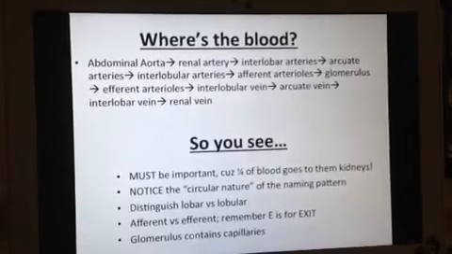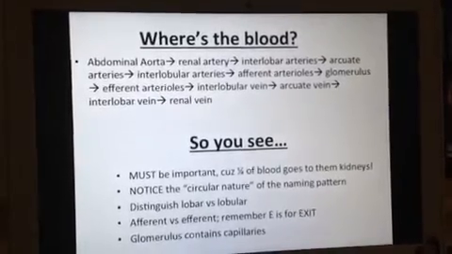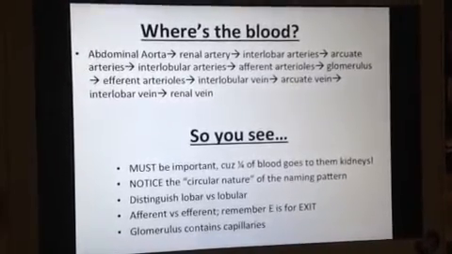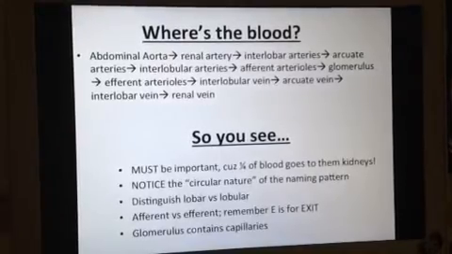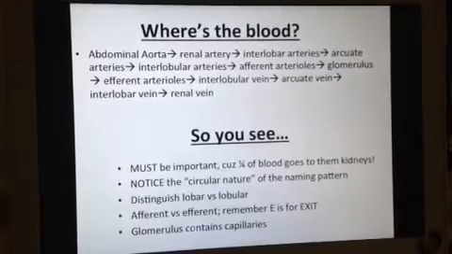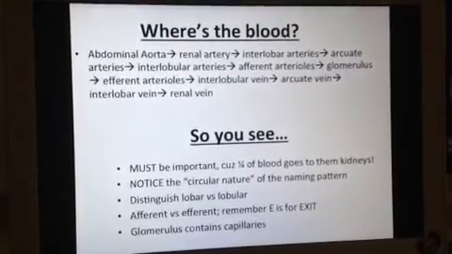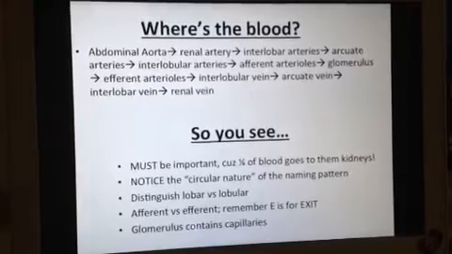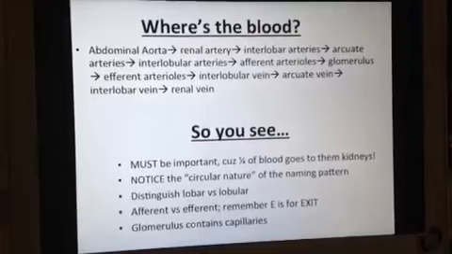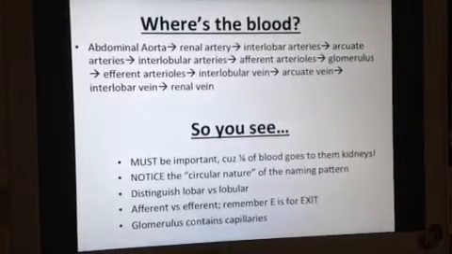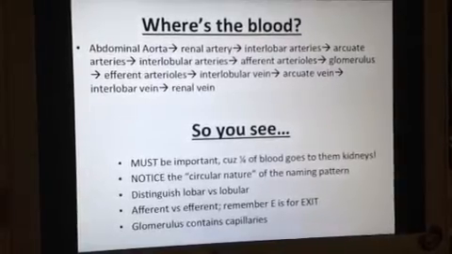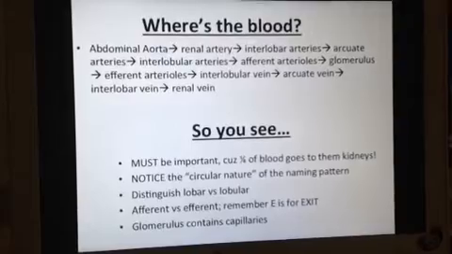And the glomerulus itself is going to contain capillaries, which should make sense to you, right? Because in any flow of blood, we're looking at it from arteries, which go towards something, because they're carrying oxygenated blood, all the way to veins, which go away from that something and back to the heart because they're carrying the deoxygenated blood. But in the middle, you're going from large to small. So we went all the way from aorta to these little tiny arteries to arterioles, which are small artery things, into a glomerulus, and then when you came out,